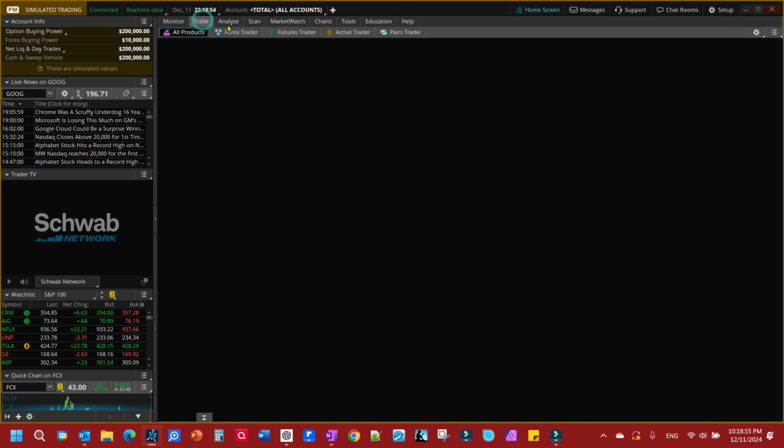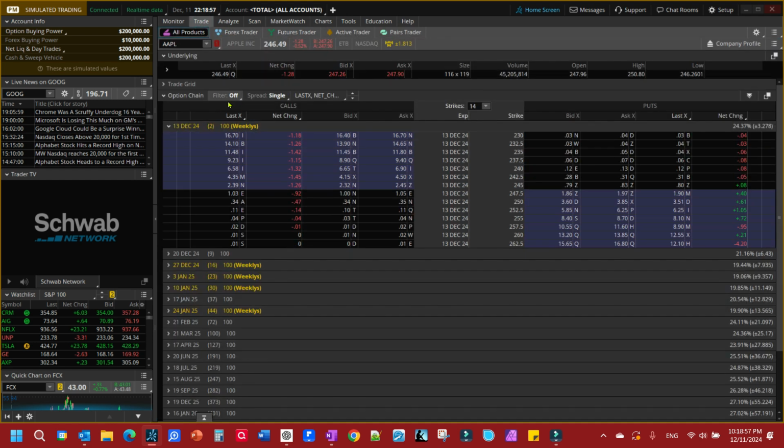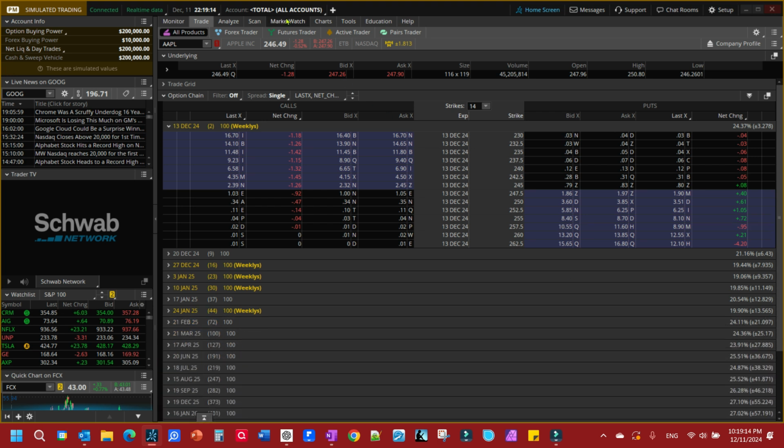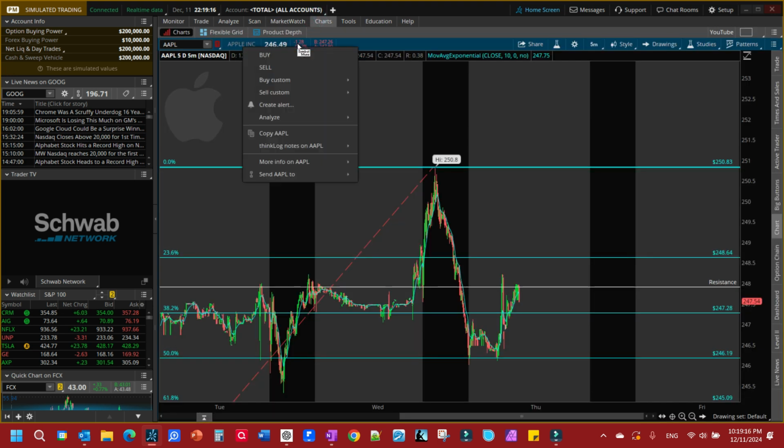Or you could go to your trade tab. I personally like the trade tab because you get lots of opportunities to edit that you won't get on the buy or sell. So I just go to the trade tab and I'll click right here. I want to buy with ask. I can change the amounts and all that kind of stuff, the limit that I want to get in. Whereas over here, if you buy and sell in here,